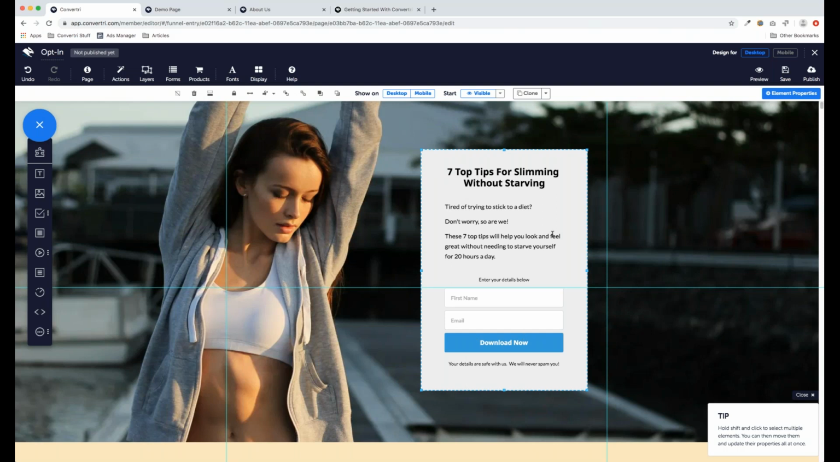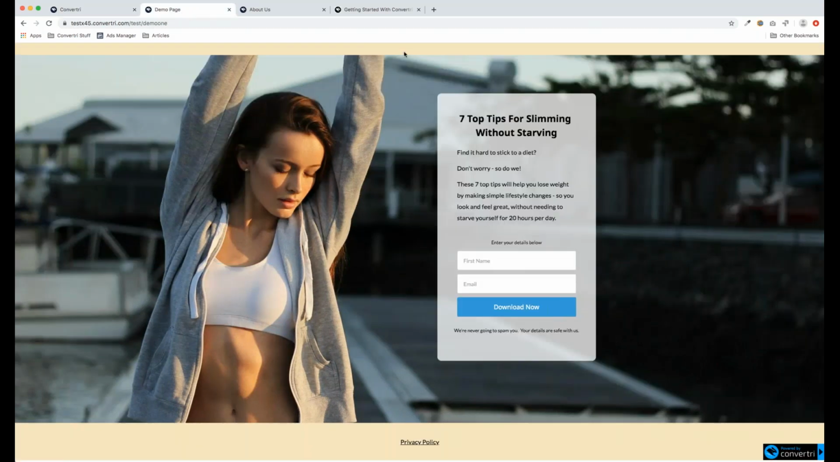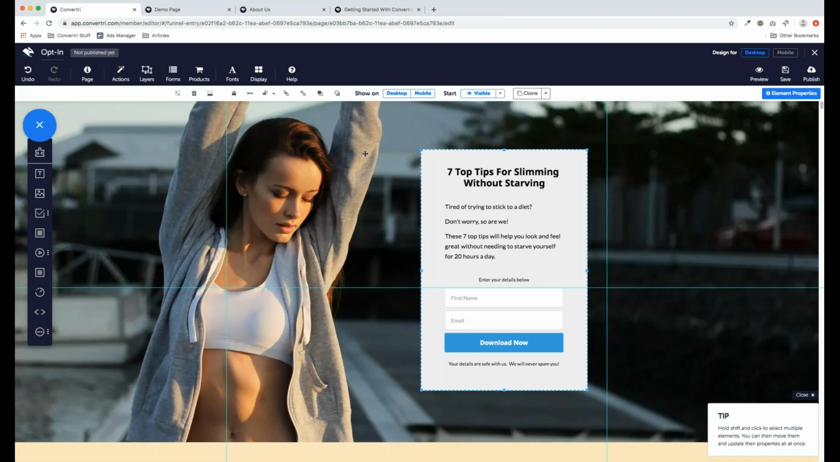Now the final thing we need to do with this panel, if we have a look at our demo page again, is that we can see this one has a beveled edge effect. It's a bit transparent. You can see the background a little bit through it, which is quite a nice effect. So to do this in Convertri,